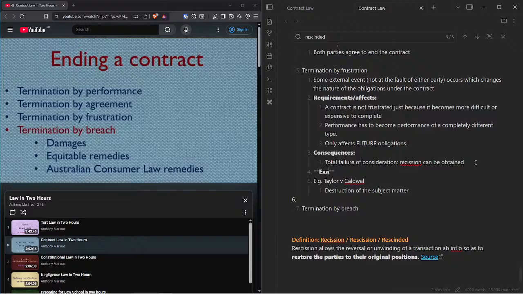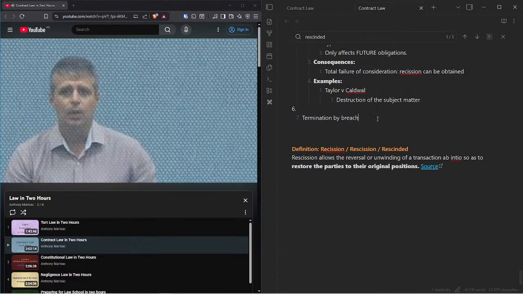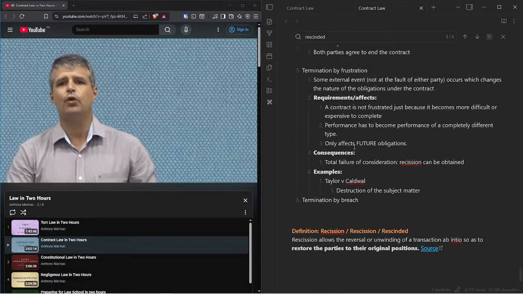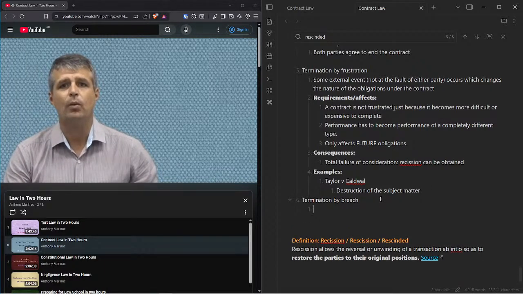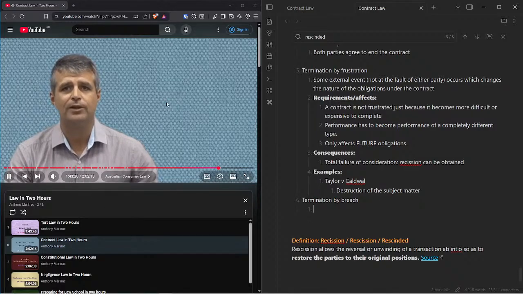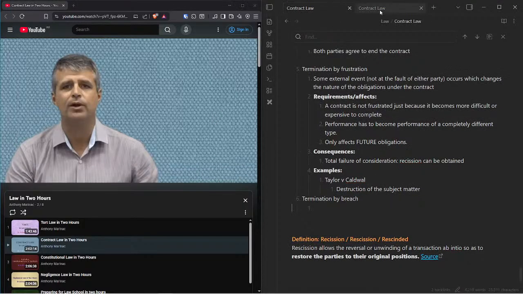Finally, it's time for us to talk about a breach in the discharge of a contract. How does a contract end when someone just doesn't keep their promise? Well, in the first case, if there's a failure to perform, we have to look way back to the second part of this lecture and think about whether it's a condition or a warranty or an intermediate term that's been breached. Oh, right. The condition is the important thing. Warranty is what you'd like to have, and intermediate could be either, right?